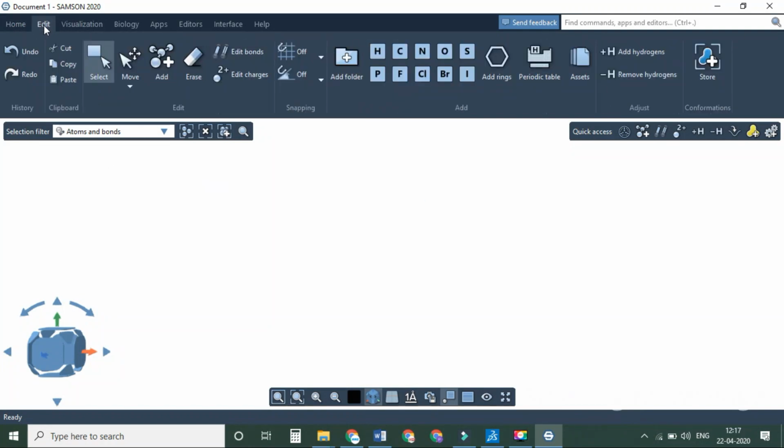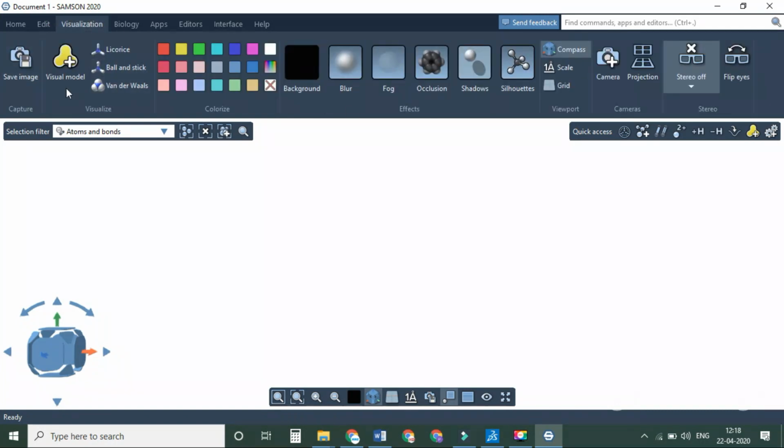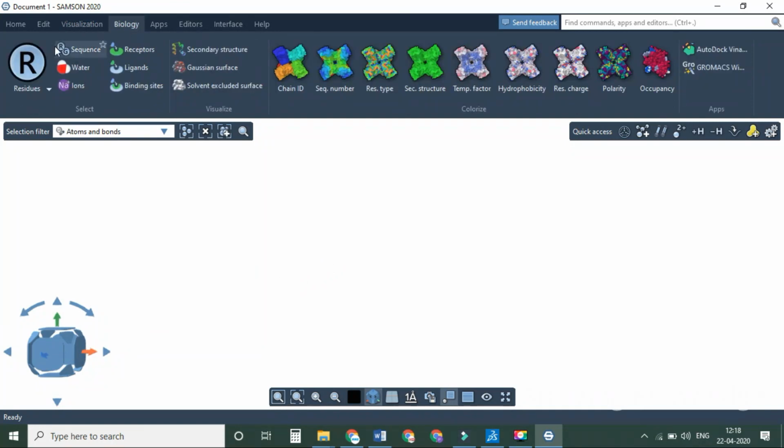In Edit you can add arrays, atoms, rings, and the periodic table for the molecular editor. In Visualization, you can choose how you want to visualize the protein model. Everything you can do using this tab. In Biology you can select water alone, ions alone, receptor alone, ligands, or binding site, everything in a single click with the help of this SAMSON software.